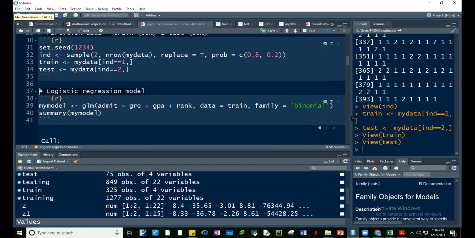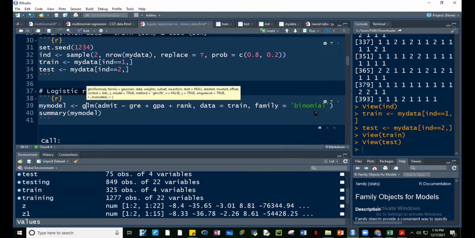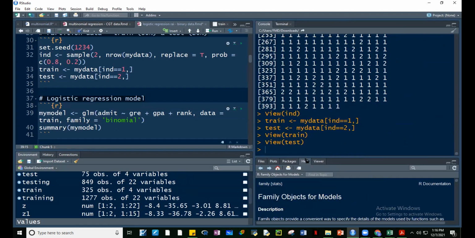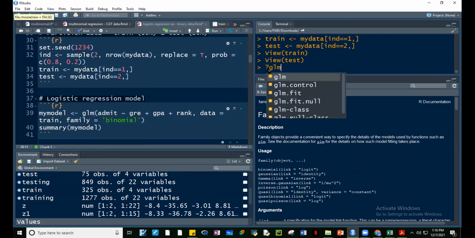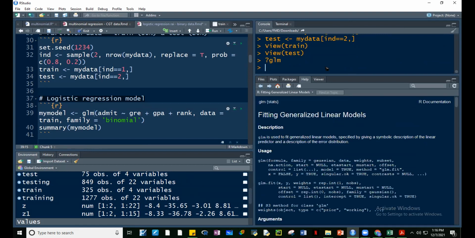Okay. So what's the code, guys? What's the code? Unlike sa regular multiple regression, guys, where we just use LM, no? Dito, okay, sa binary logistic, we're going to use the generalized linear model. So we use the GLM function. Okay, so just to have some insights about it, question mark tayo dito, question mark, GLM. Okay, so what's the GLM function all about? So it's coming from the stats